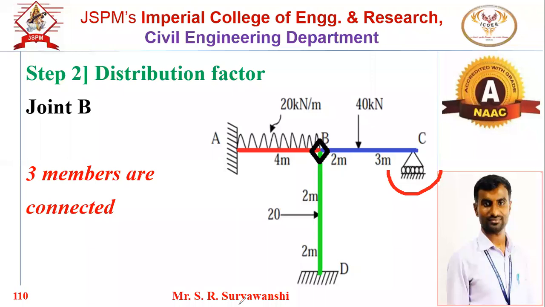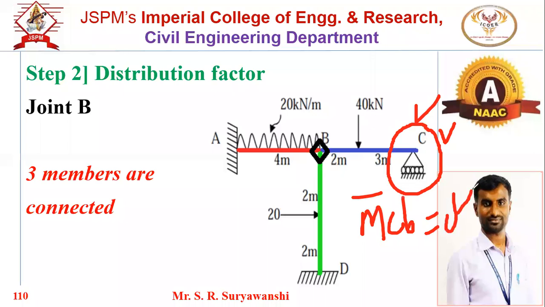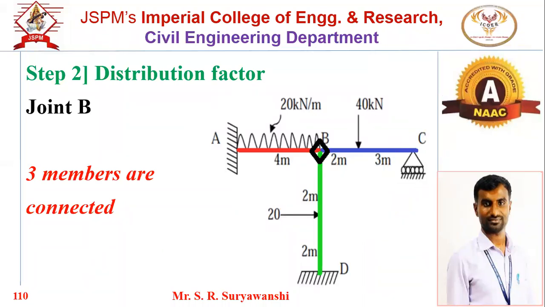Yes, anyone? End support C, that is simple. So what adjustment do we have to do? Can anyone tell? Movement should be made 0. Yes, movement should be 0. Which movement should be 0? Fixed end movement, M bar CB, by adding opposite movement to it. Very good. Type number 2, what we did in the beam, we have to do the same in the frame. So these are the 3 points we have to remember.